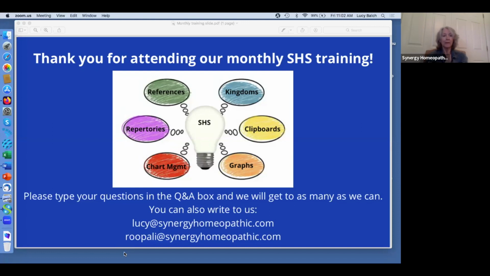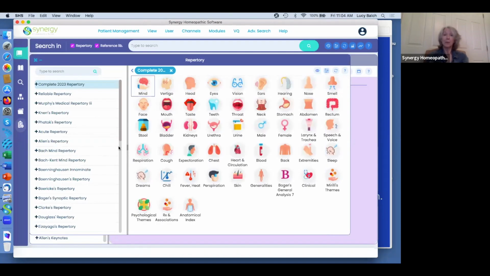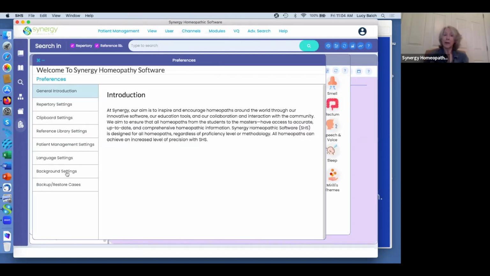One announcement: we will be releasing our 1.3.2 updated version. Of course, we recommend with any kind of update that you do your case backup, which is easy enough to do. I'll run through how you do that. It's not something you have to do, but anytime you do anything like that, we recommend that you